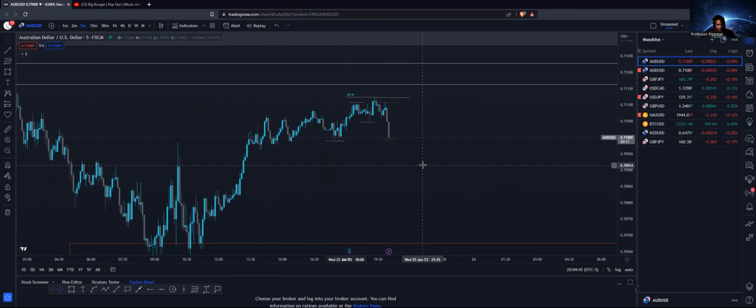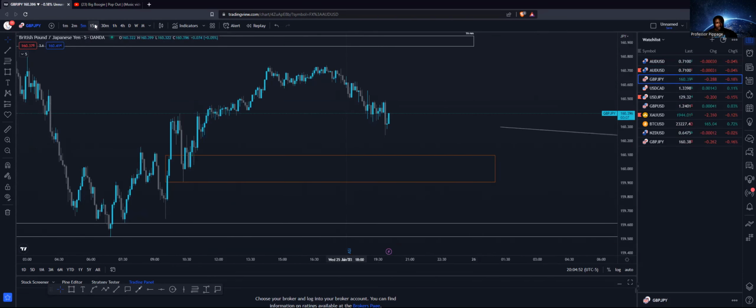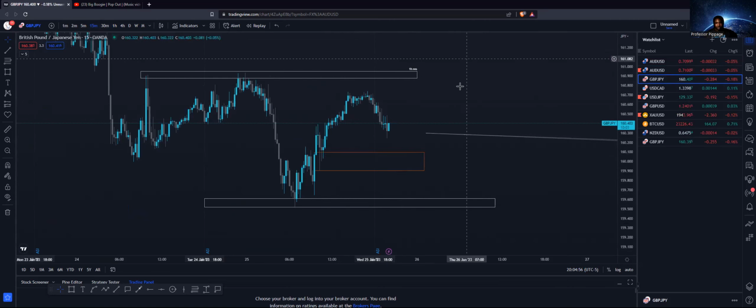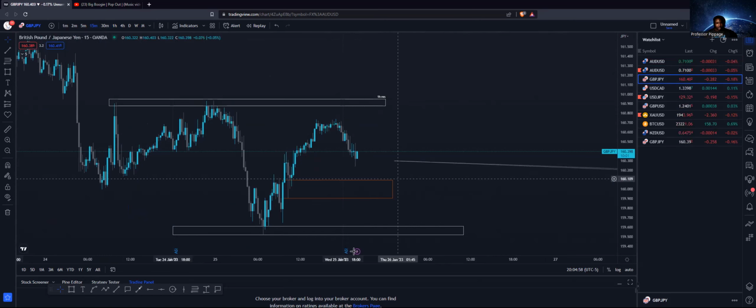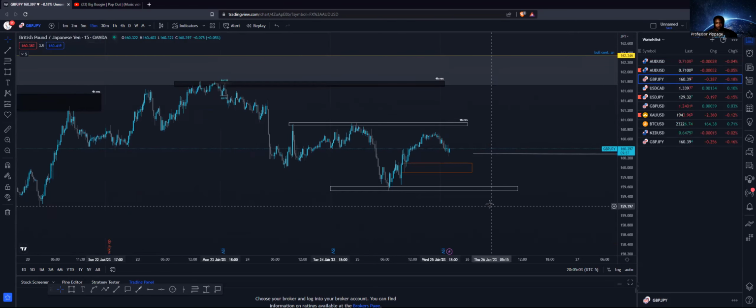So right now we got a couple different variables to consider. And yeah, it's just pretty much a waiting period at this point. I don't know if there's anything right now that's ready to attack for me. Waiting for a retracing back into this area to potentially go higher. But we're overall bearish, so definitely want to wait for some confluence before getting in. So what I would look for is to see how we react from this level, and then if we close above, potentially you can catch buys back into